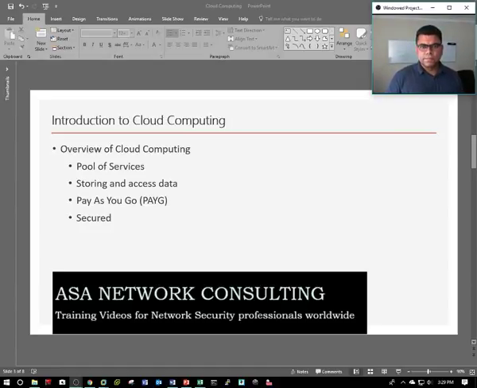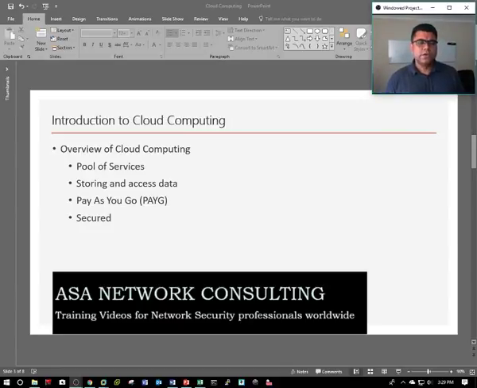So the cloud providers also offer services as per the geolocations, because they have multiple data centers across the world. Based on the customer requirement, the customer can go for the services, or they can host the application as per the geolocation, so it can be accessible for the local branch.